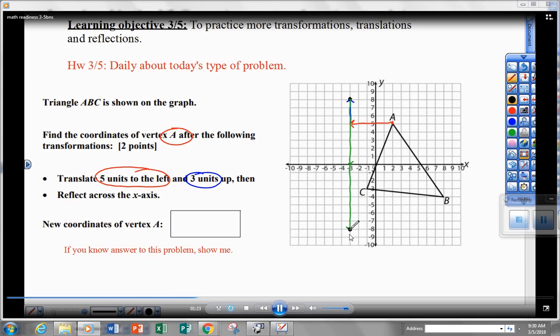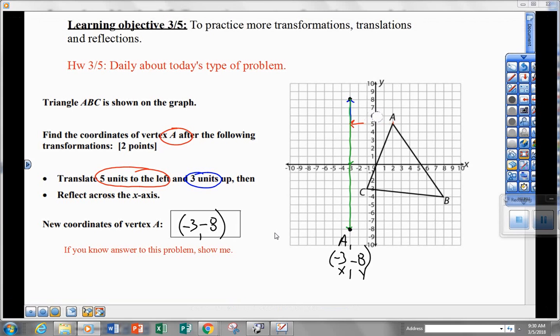We call that point A prime because it's after the transformations. That point is -3 for x, -8 for y. That is the new reflected point after the translation also. So -3 for x, -8 for y. I'm also going to do that for the other 2 coordinates, and then we're going to talk a little bit